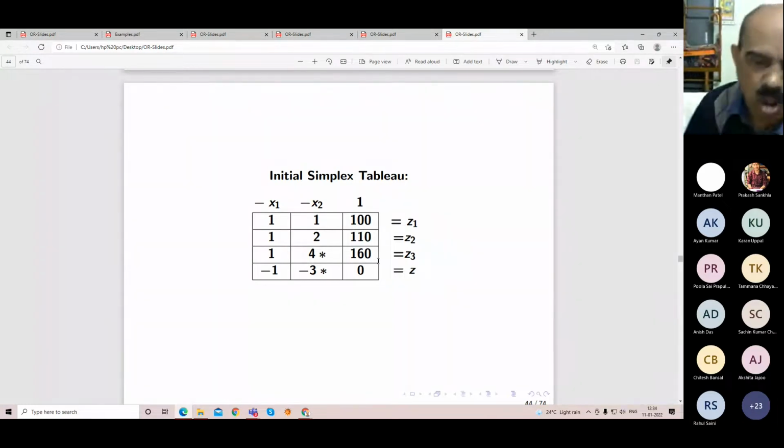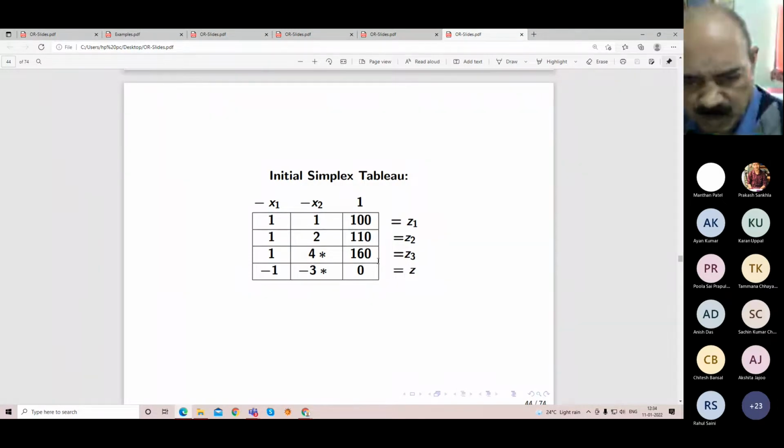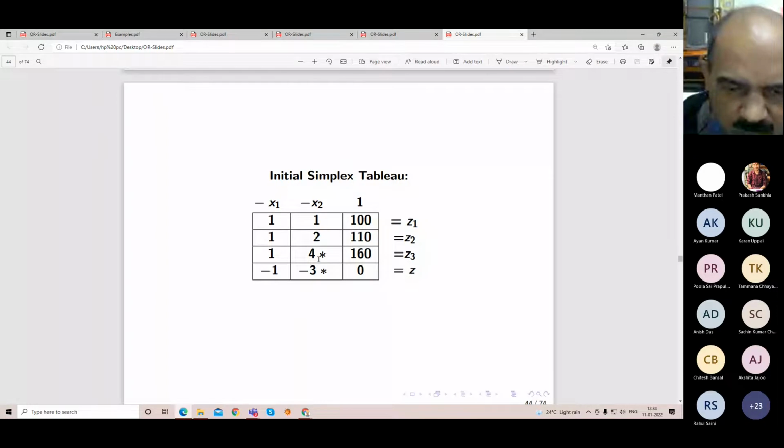Now we like to fill up. Other than the row and the column elements, there are other elements that we will also take care of. So in the next table, the 4 is becoming its reciprocal. The 4 is becoming 1 by 4. Please write down: 4 is becoming 1 by 4.